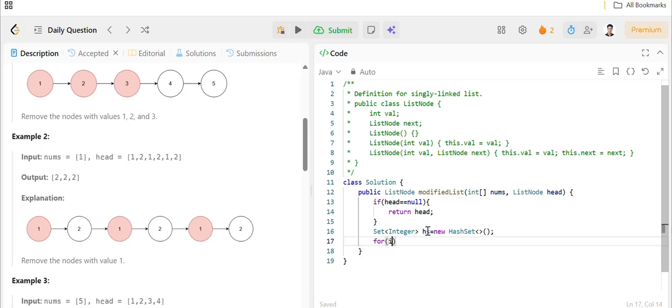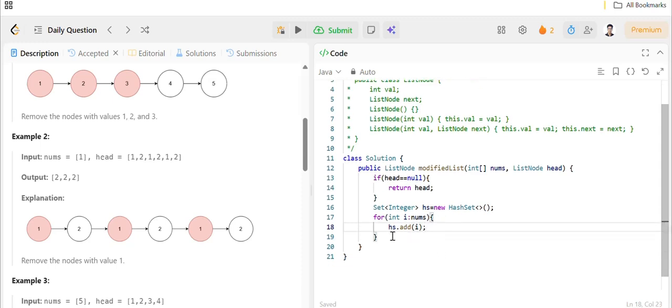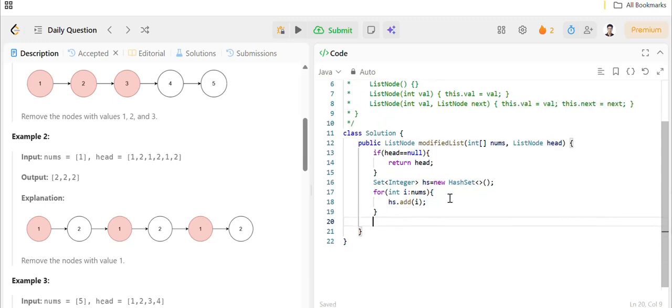And I'm going to add all the values from the nums array to the hash set, hs dot add. So the hash set has a method called add, which will add the element, and it will receive input which indicates the element which you are supposed to add into the hash set. So after adding to the hash set, now we will use the hash set to compare the integers present in the linked list. So how we can do is,